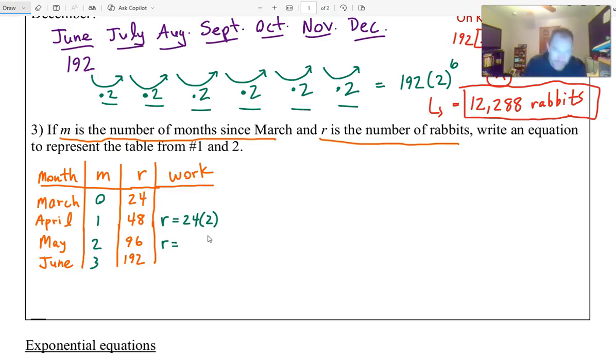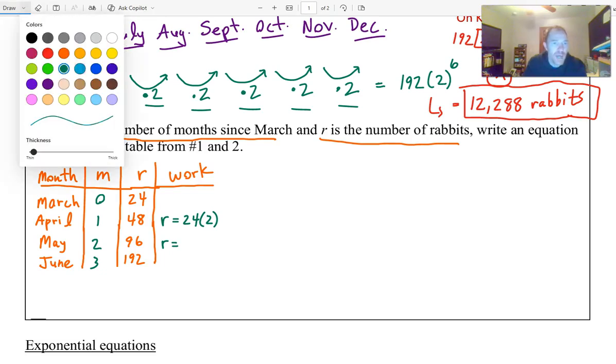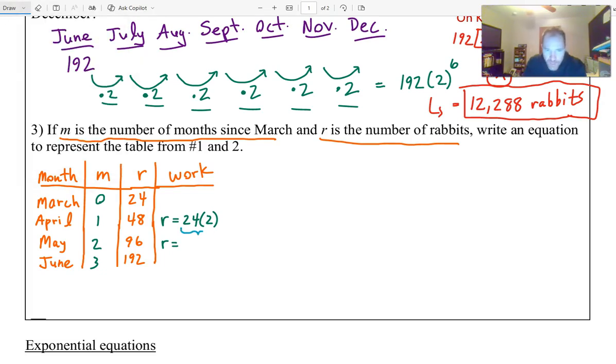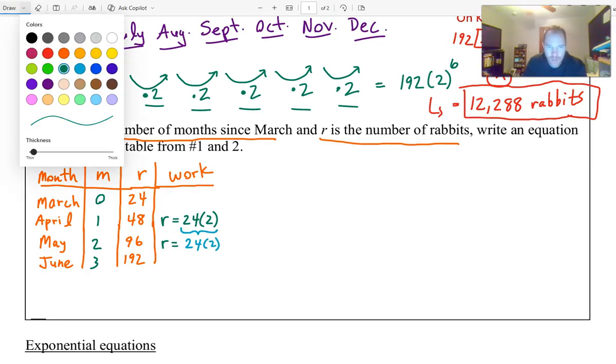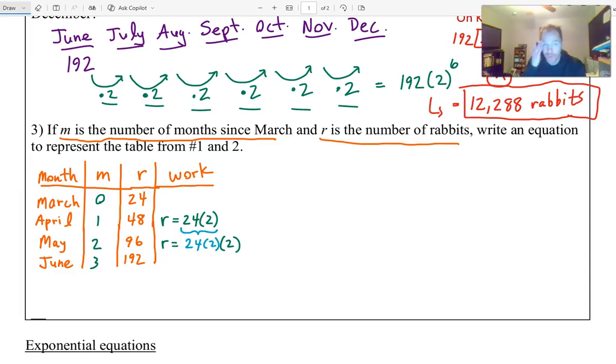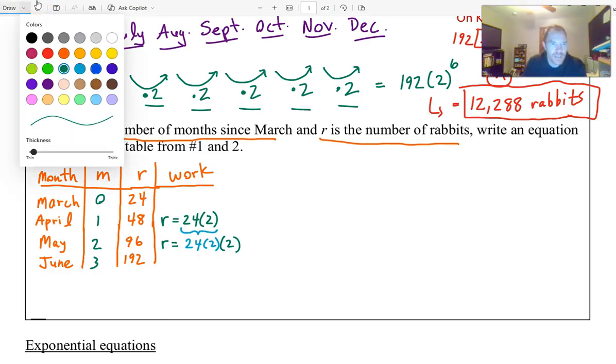So I would have, let me switch my colors here, this would be April's number. But then I would double that number. So that would get doubled. And you could double check that. 24 times 2 times 2 will give you 96. And then for June, again, I could say 96 times 2. But what I'm going to do here is I'm going to say, let's take